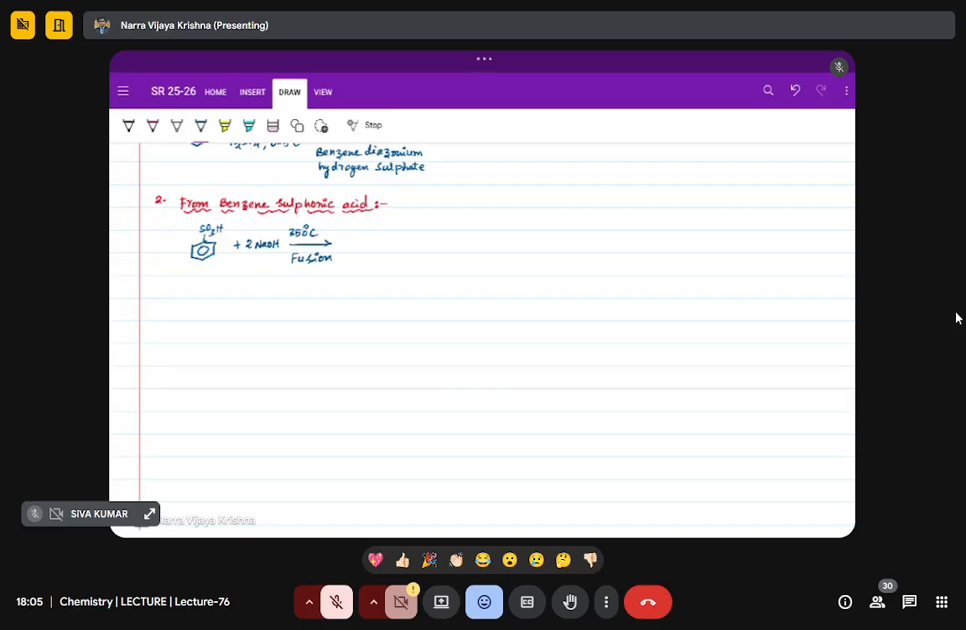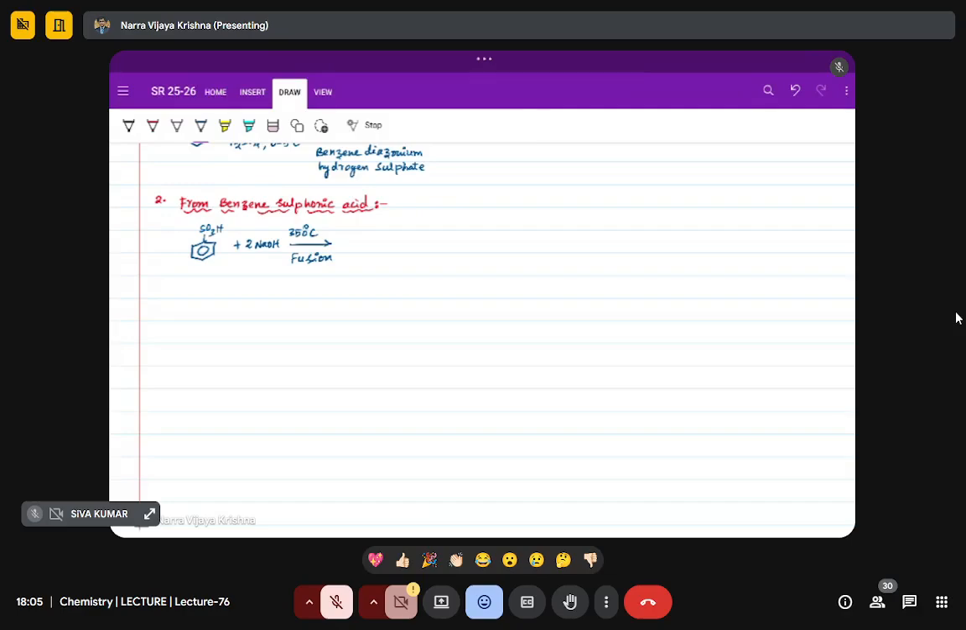Right. So on fusion, as we are providing high temperature, we call it fusion. So what will you get? SO3H will be replaced by OH. But as we are providing basic medium, the obtained phenol will react with another mole of NaOH to form phenoxide ion. So the product will be O minus Na plus. Correct, sir? Plus it will convert into Na2SO3